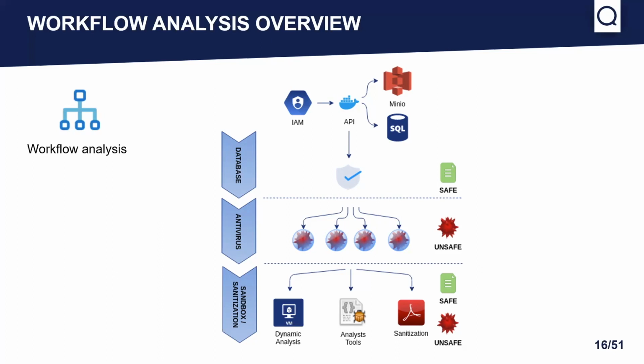And the third actionable output that you could have with Quarks Flow is the sanitization. Here we are not interested in having a verdict. We are not interested in having more information. We are just interested in having a file that is guaranteed without threats. For example, you could turn a PDF into a passive one by removing all the active parts and making sure that the file you get at the end is something you could use on your PC. So that's the 3 different actionable outputs you could have from a workflow.